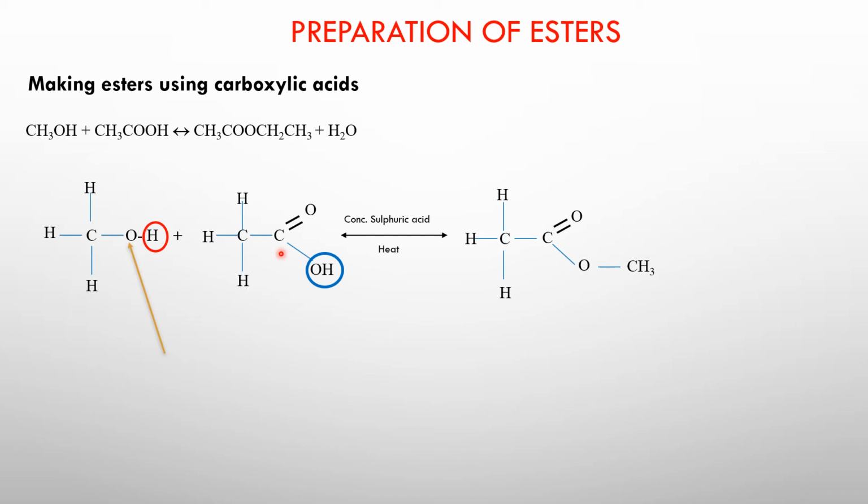When you name this ester, you name the ester by looking at the number of carbon in the alcohol. So there is 1 carbon atom. This is the alcohol part. Alcohol part containing 1 carbon is methanol, which becomes methyl. Then this is the acid part. 2 carbon atom acid is ethanoic acid, which becomes ethanoate. So the name of this ester is methyl ethanoate. So we have the methanol and ethanoic acid, giving you methyl ethanoate plus water as a byproduct.